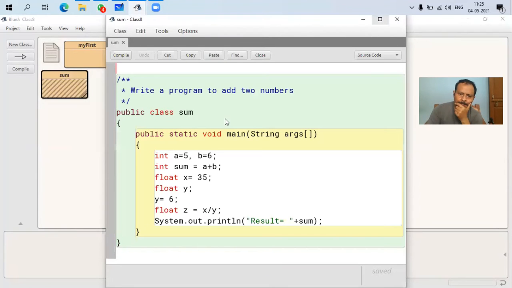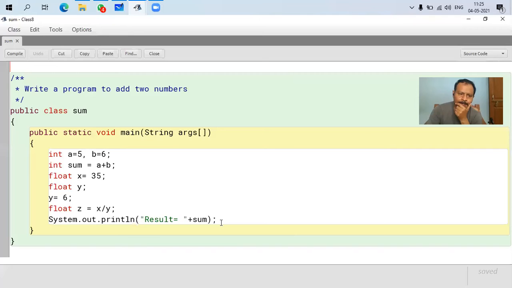So here is the first program to print the sum. We already did it, isn't it? We already did it. So once again,